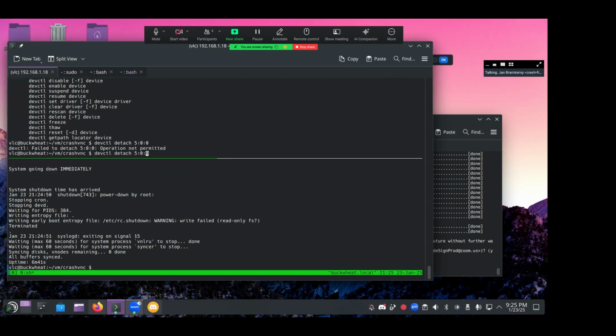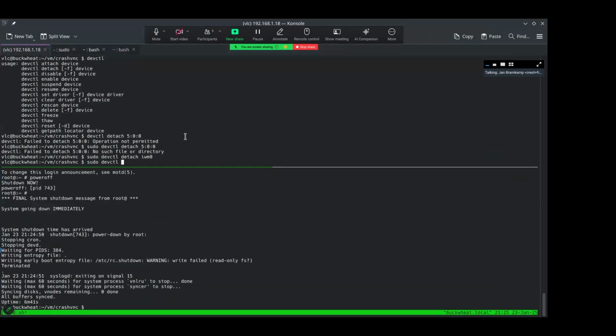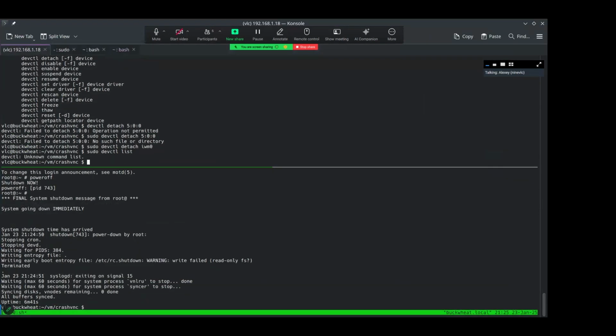For detaching, you can also specify it just by iwm0. Now it's detached. Now I don't know if you have to attach the pass-through proxy driver, but you should. If you don't, you should be able to just use it as is. But it may be that you have to explicitly attach the PPT driver.